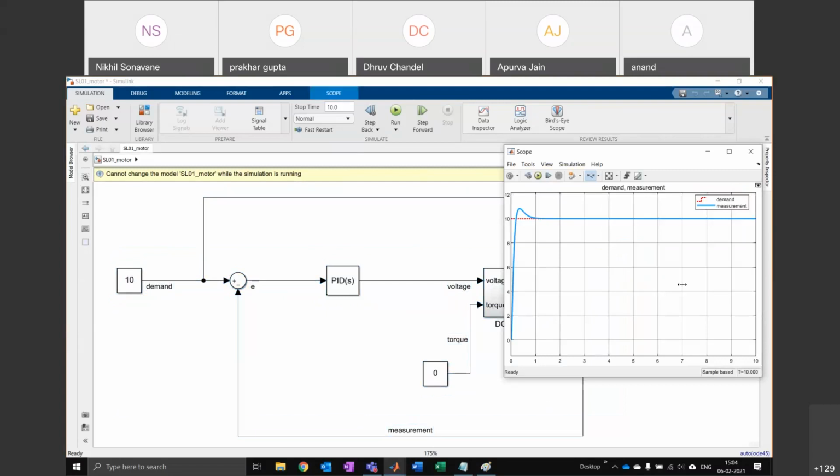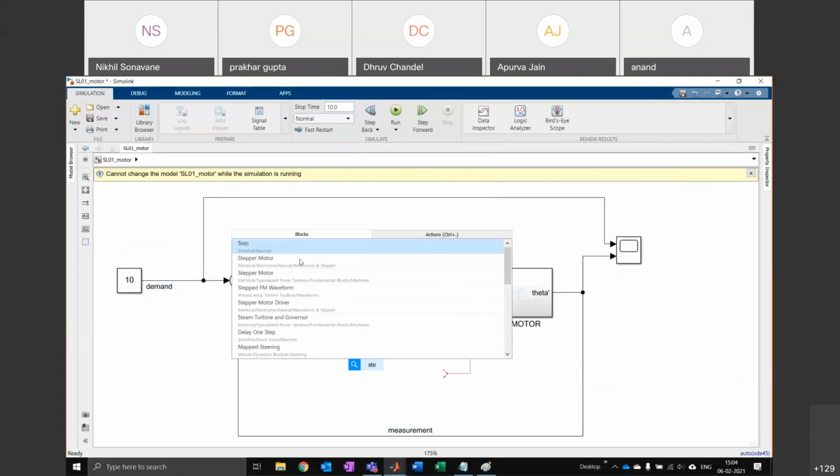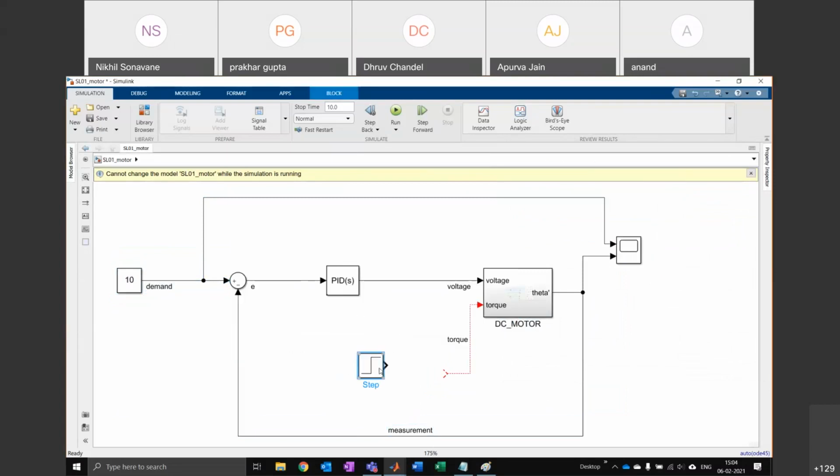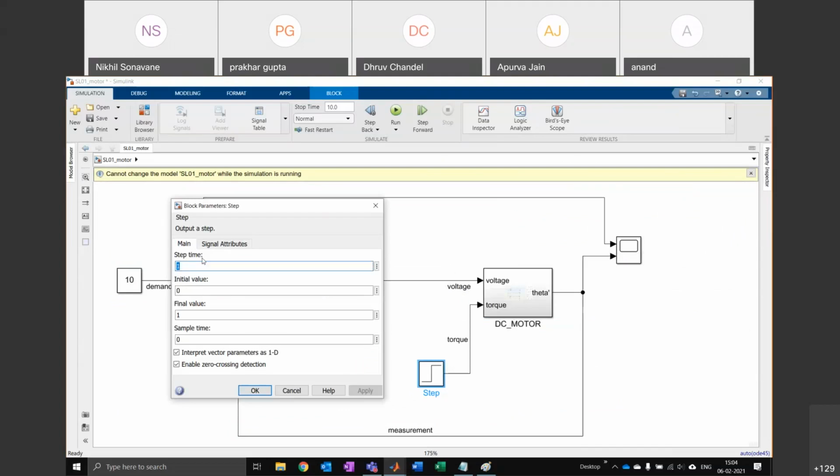Okay, so now let me show you something more interesting. Now we are also going to add in some torque disturbance. So I'm going to delete this constant torque and I'm going to get a step function. And once I attach the step function at a step time of, let's say, 7 seconds, I'm going to put in a value of 0.1.